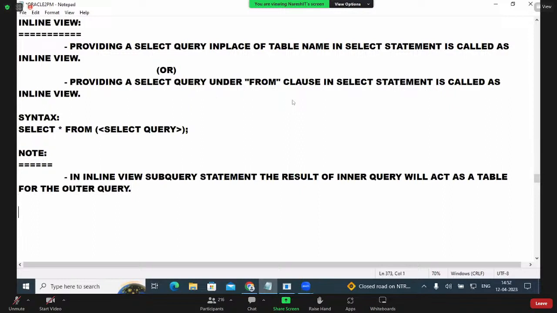But here, inline view, why, sir? Why are these special subqueries introduced by people in Oracle? The purpose of inline views. What is the main purpose of this? Observe. Basically, inline view subqueries we use for two reasons in real time. As of now, can you see in my single row subquery examples, multiple row subquery examples or multiple column subquery examples,